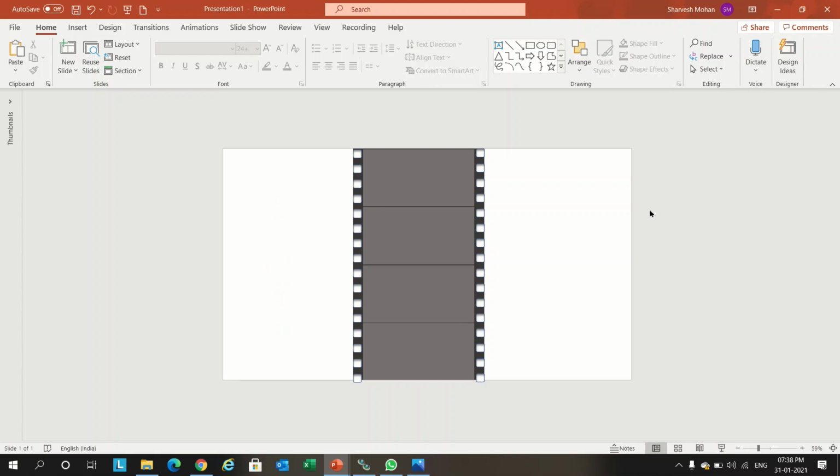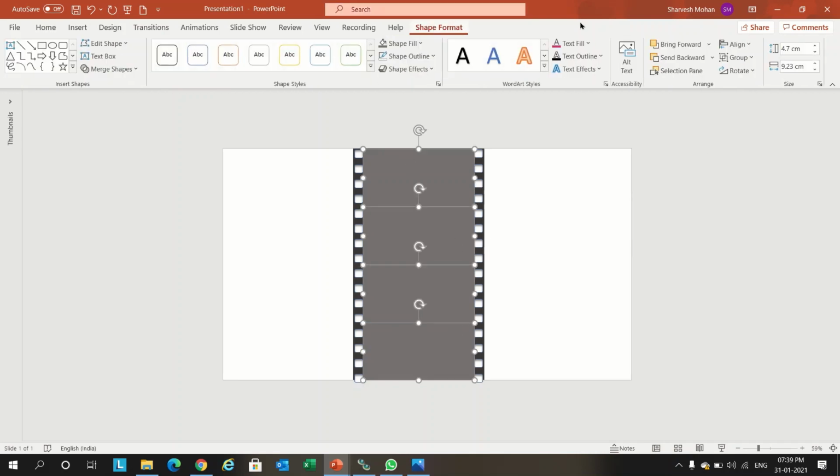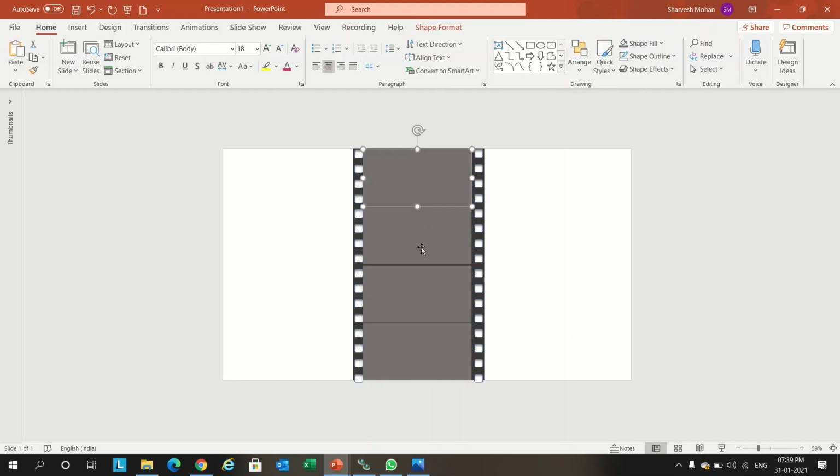So now we have created the equal space, but here slightly we have to do adjustments. We'll slightly put it over here. Similarly, we'll adjust the holes slightly like this, and if required, we'll reduce this width slightly. Go to format shape. Width we can give 9.1, or we can give 9 centimeter.